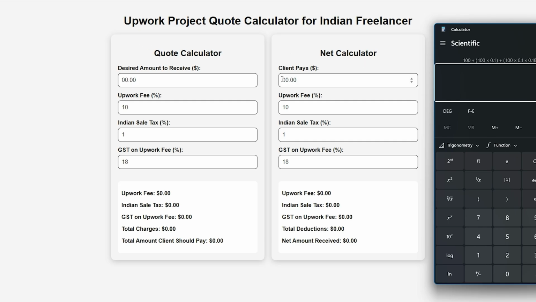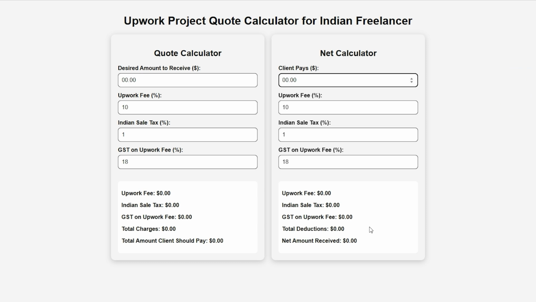For example, the client budget is $100, so I directly used $100. So what would this $100 do? It would reduce the 10 percent, and it would reduce the 1 percent tax on $100. That is 10 plus 1. 10% of this is $10, and 1% of $100 is $1. So $11 is already deducted, and additionally this 18 percent of